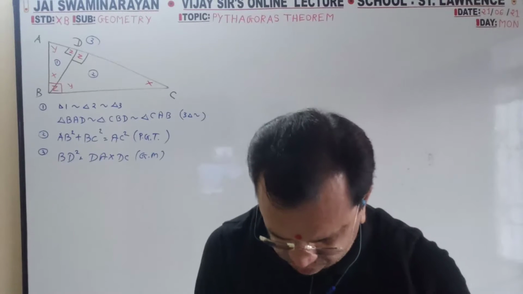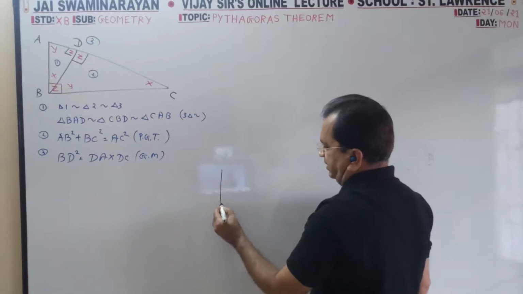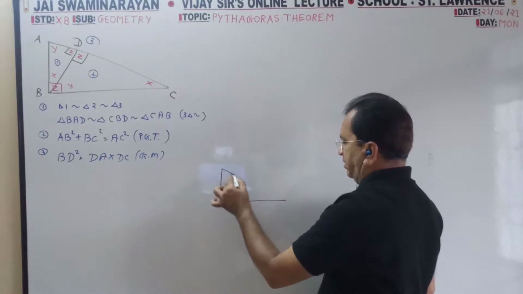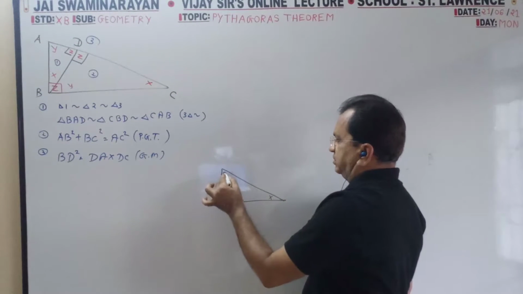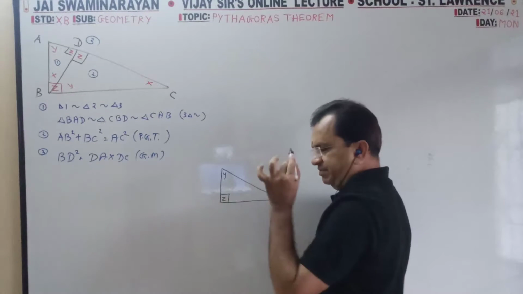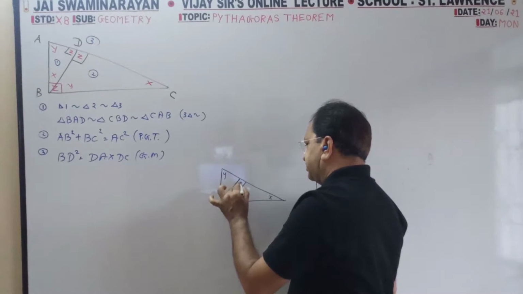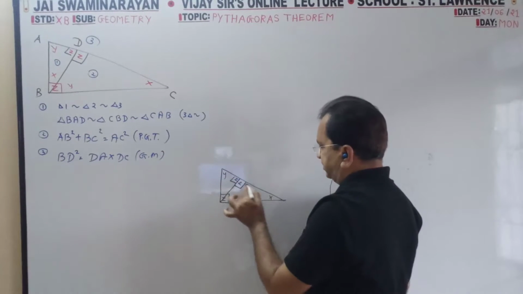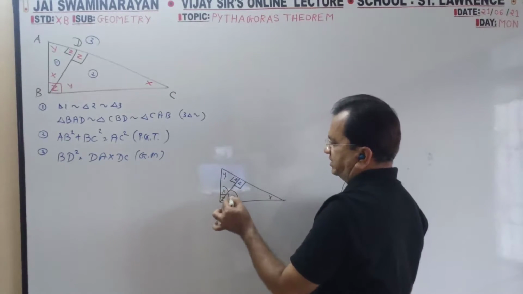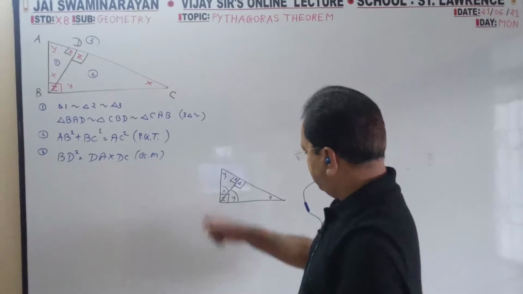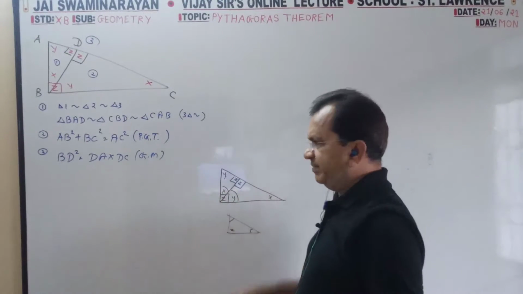Again, for those who have joined late, height less, base double. This is the golden triangle. Then this is x, this is y, this is z. 90 means z. Again draw the perpendicular here. 90 means z. X, z, so this is y. Y, z, so this much is x. And x plus y is equal to 90. If this is 90, then this plus this is 90. So x plus y is 90.